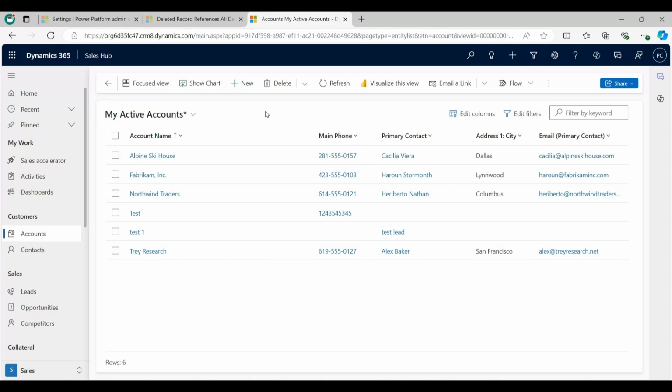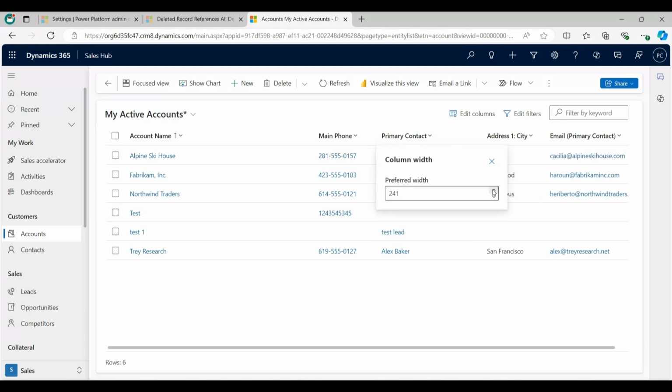A further improvement is the ability to set precise widths for better organization. So click on the column drop down and select Column width here. Columns can still be resized using a mouse to expand or narrow the width. This additional feature allows width to be set using exact pixels and can be applied using a keyboard. So you can increase the preferred width from here and decrease it from here.